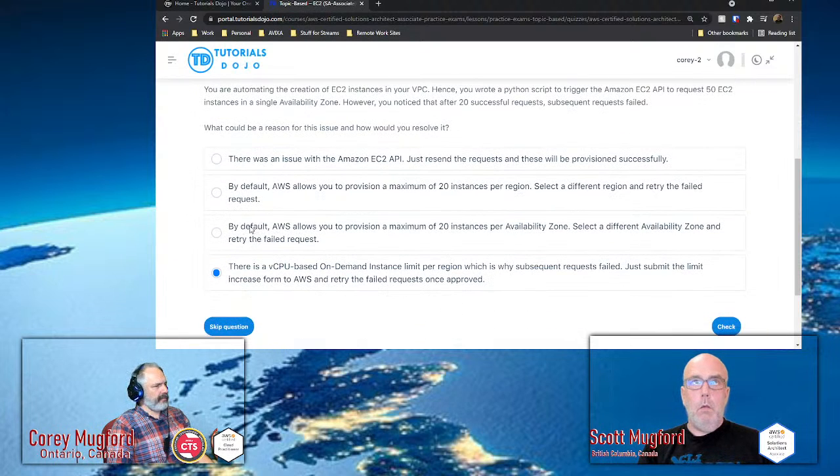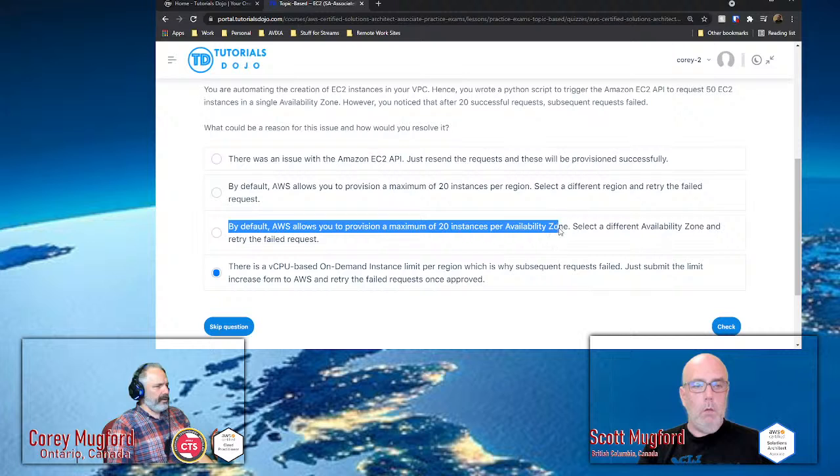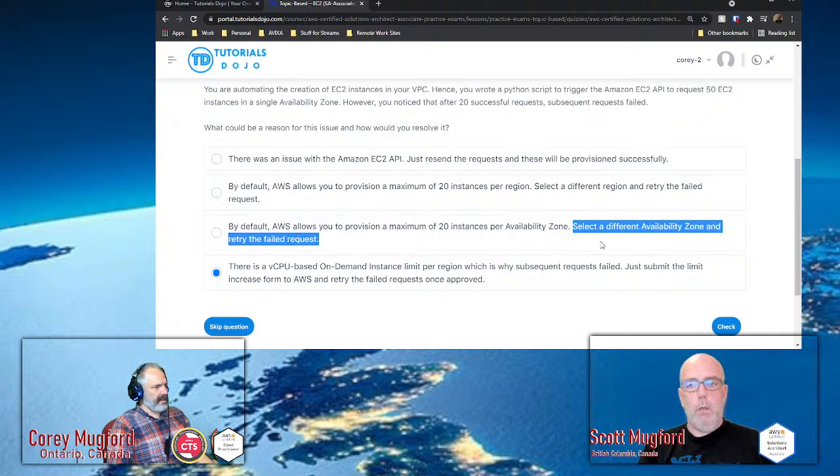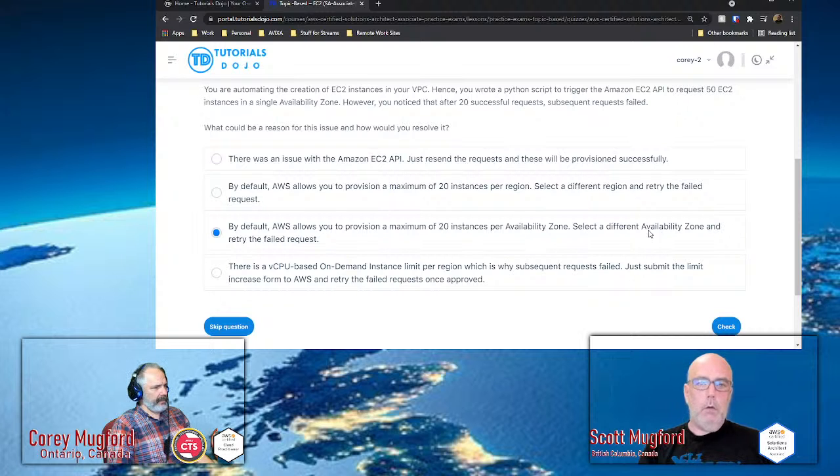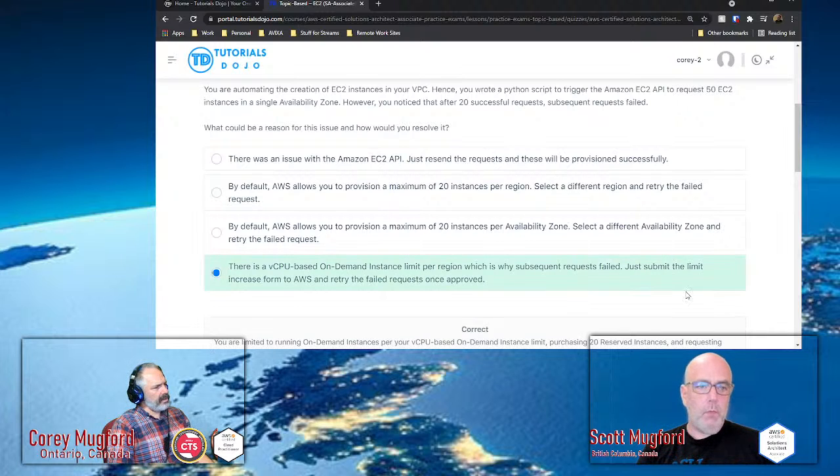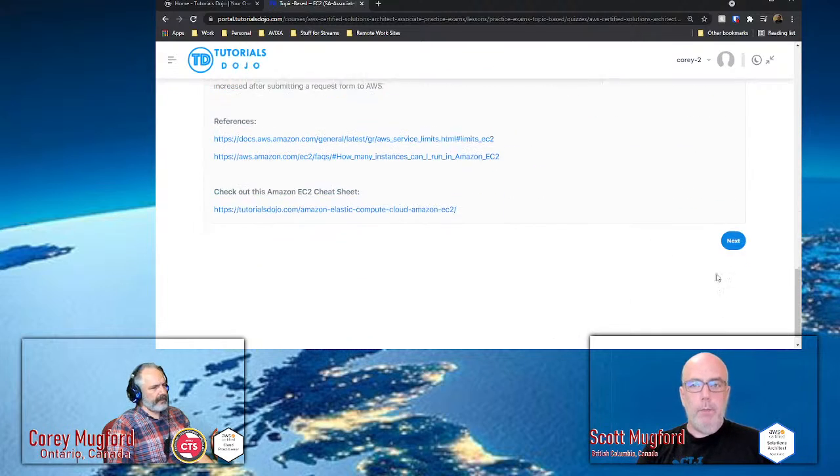Like the first, this could be true. But if that's the case, it would do the same thing because the limit is per availability zone. Yeah, I think this question is you need to make a limit increase. Yeah, makes sense.